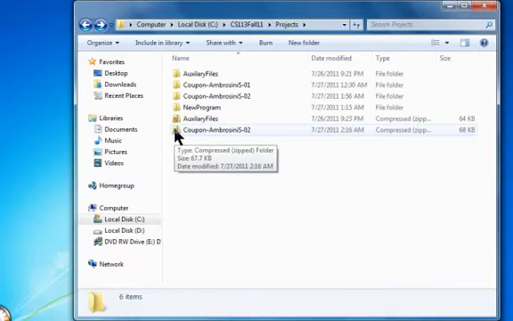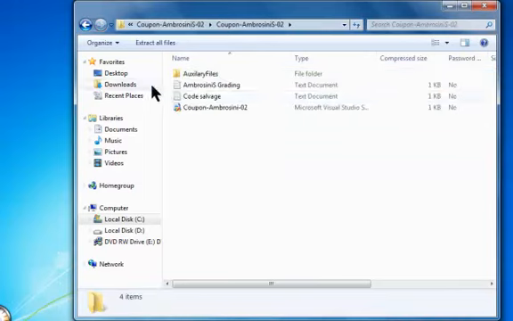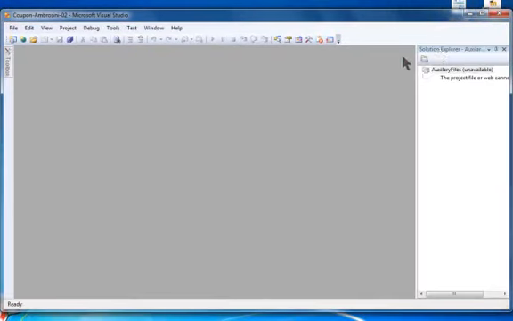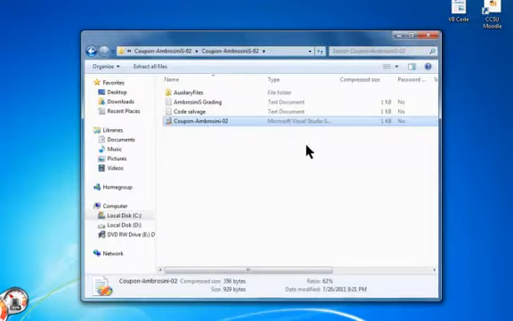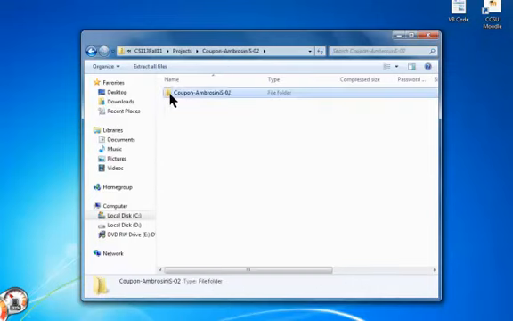If you use this to transport the files to your home computer, you can double click on it and you can open it up and you can see your program, but when you go to run it, you're going to get errors. This is because this file is still compressed. Even though you go in and look at it, you're still going into a compressed file. You have to uncompress this file to make it work. And the method to do that is drag the old ones out of here. Copy, back out, place,